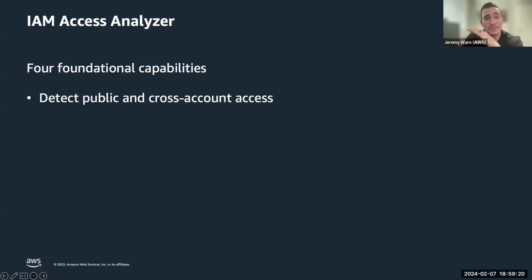So public access would be if the zone of trust is set at the organizational level. I can then see anywhere where I have resources that have explicitly shared access to an external identity. But if I scope that zone of trust down to the account level, I can still see any external to the account. So again, we're talking about that account boundary. At the account zone of trust, you can see any of the cross-account access that you've already granted and then go through and audit those as well.